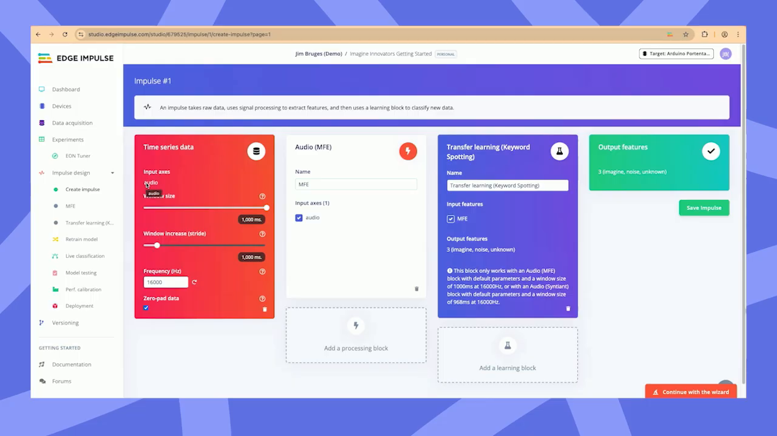Edge Impulse also supports any time series data and images. And we're choosing a window size. So this is how much data we're going to feed into our model each time we run it. We're feeding in 1 second. Your window increase, the stride, is how much you're going to shift in time between each time you pass data